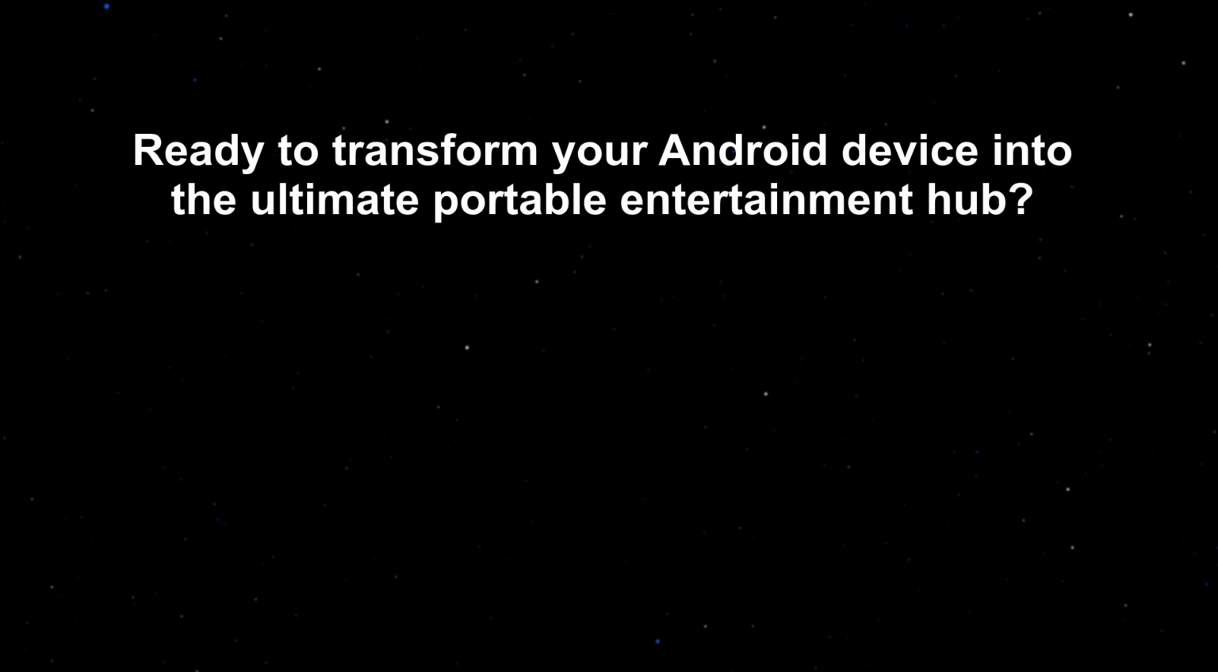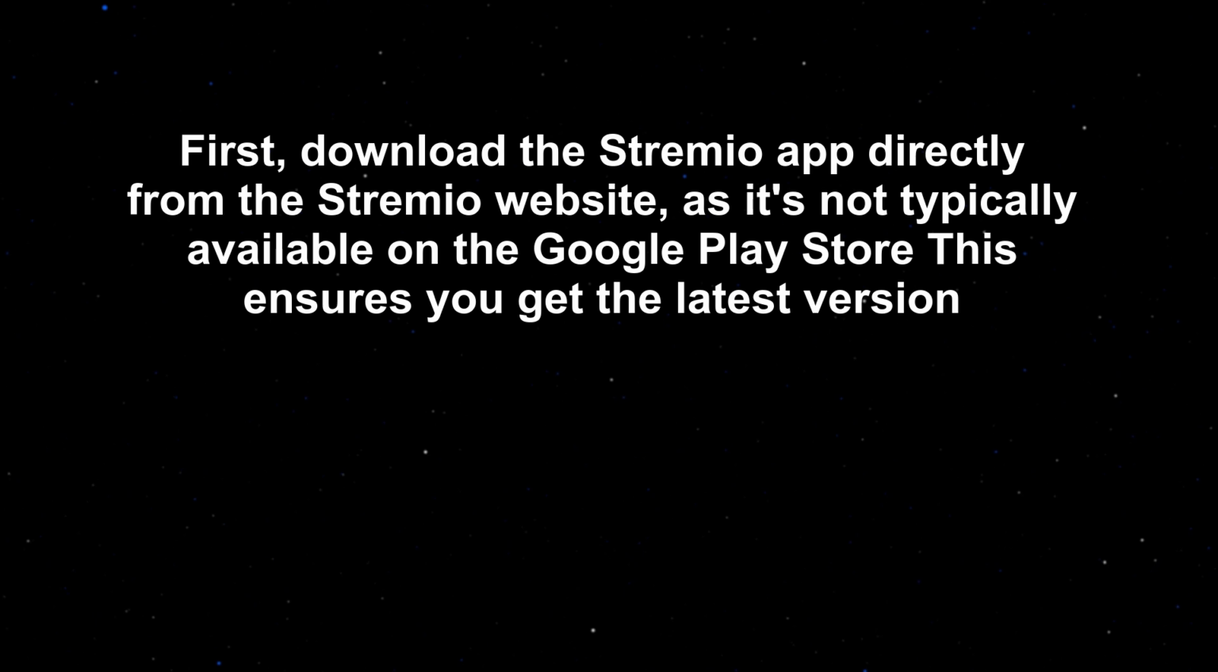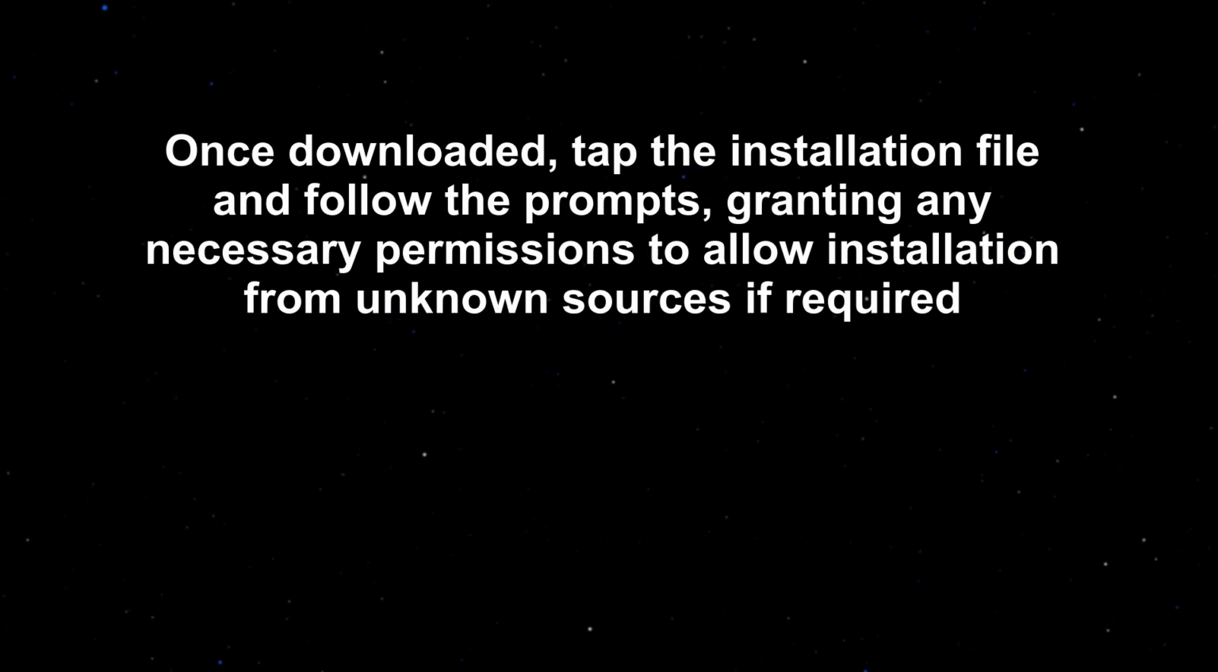Ready to transform your Android device into the ultimate portable entertainment hub? First, download the Stremio app directly from the Stremio website. As it's not typically available on the Google Play Store, this ensures you get the latest version. Once downloaded, tap the installation file and follow the prompts, granting any necessary permissions to allow installation from unknown sources